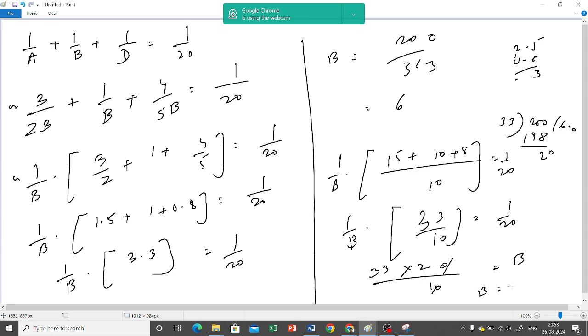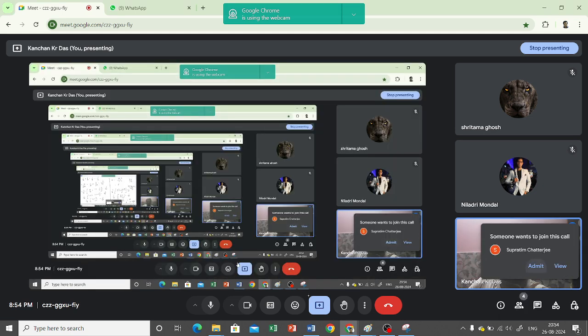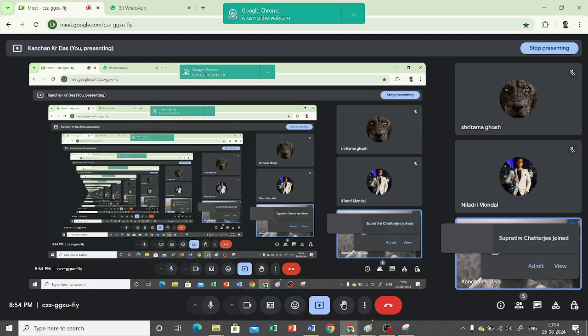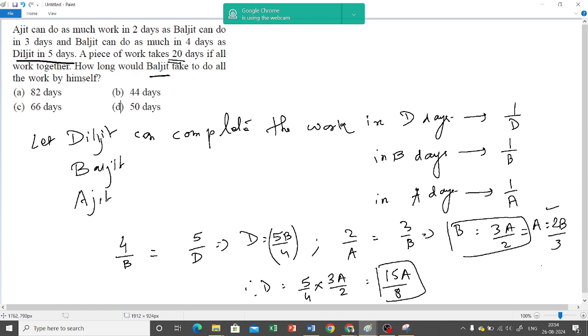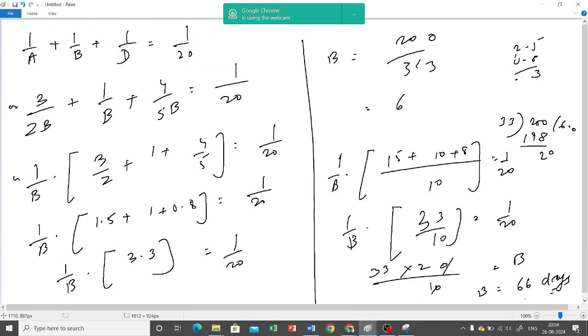হ্যাঁ ওই তো গেল। 66 days. প্রবলেম নেই, ঠিকই তো আসছে।